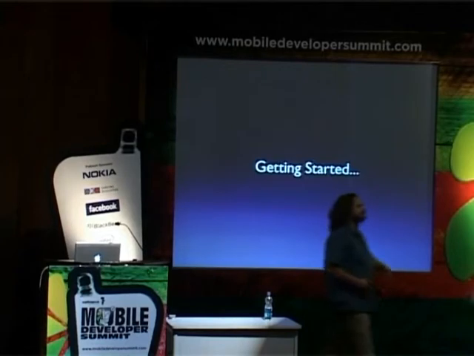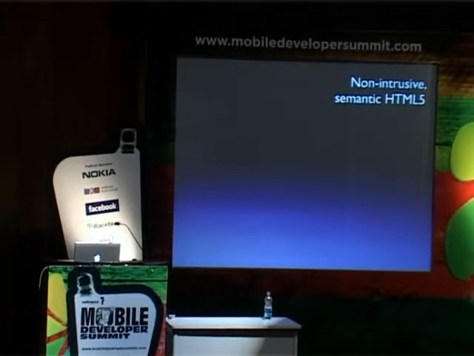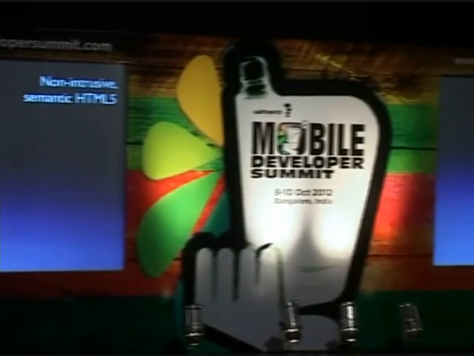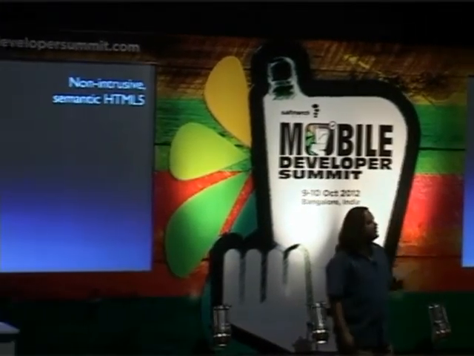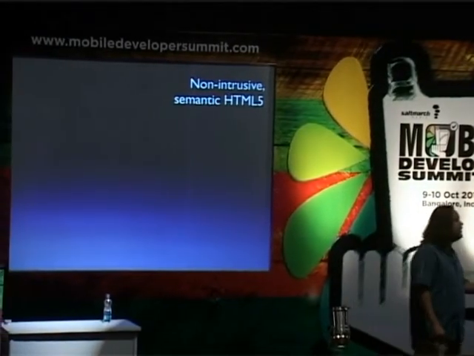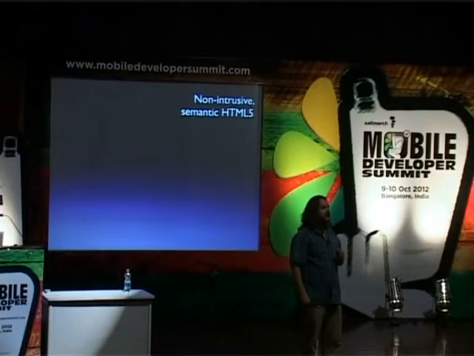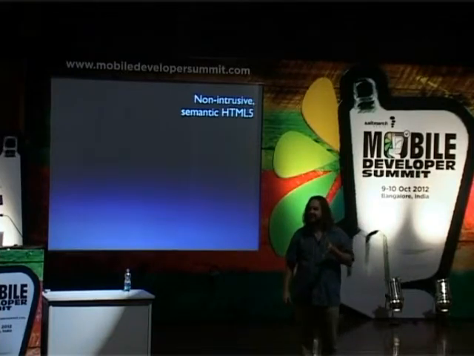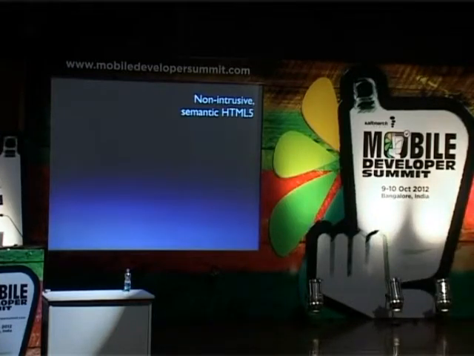So let's begin. Let's take a look at what jQuery Mobile brings to the party. When we were talking about Backbone, I spent time talking about how it's component-oriented, not page-oriented. I talked about how it's asynchronous, not synchronous. Those kinds of things. jQuery Mobile is a page-centric app. I will be defining pages, but we already know that they aren't real pages. I'm not round-tripping to the server with individual HTTP gets. I'm going to be showing and hiding divs. But the way I show and hide divs is through non-intrusive semantic